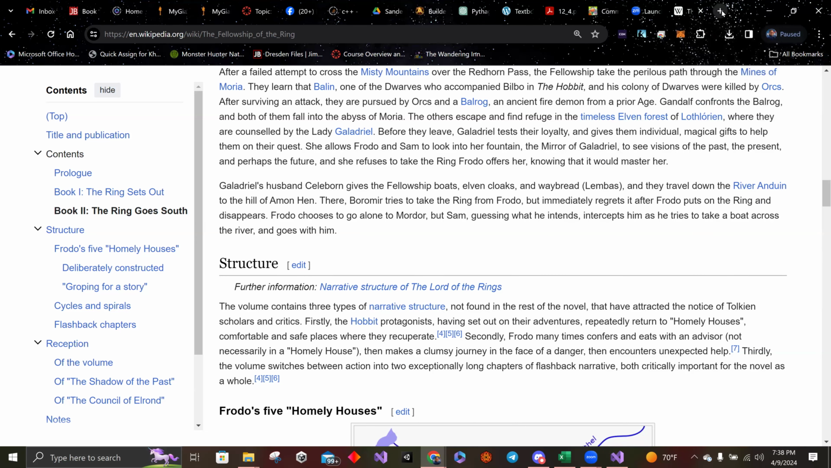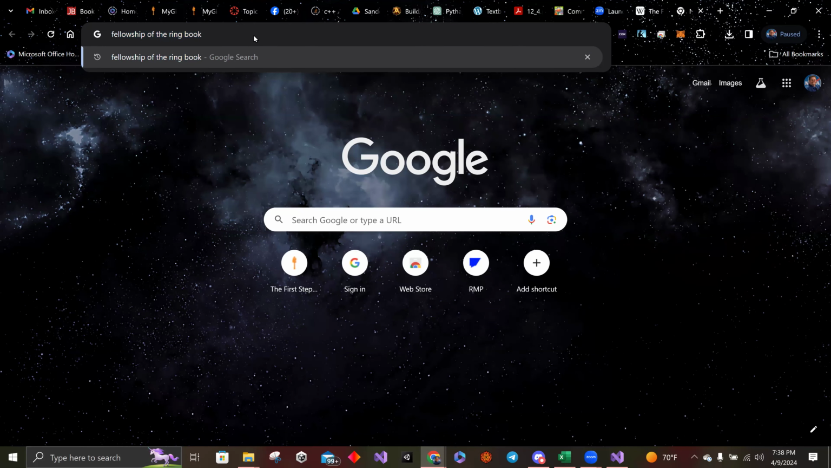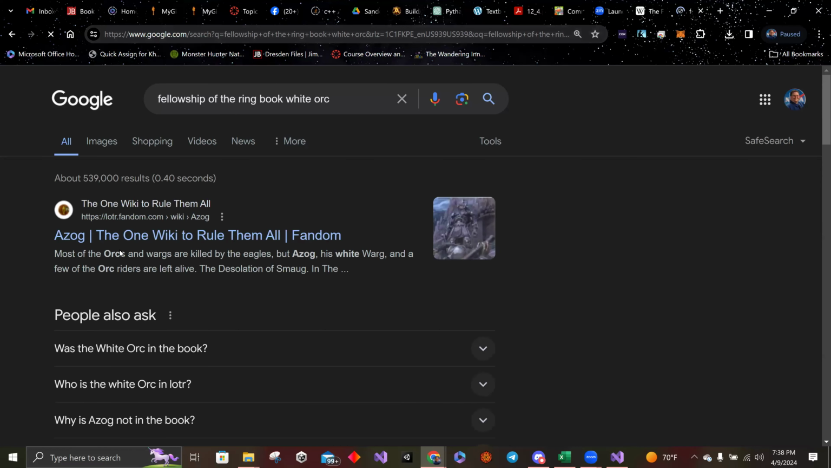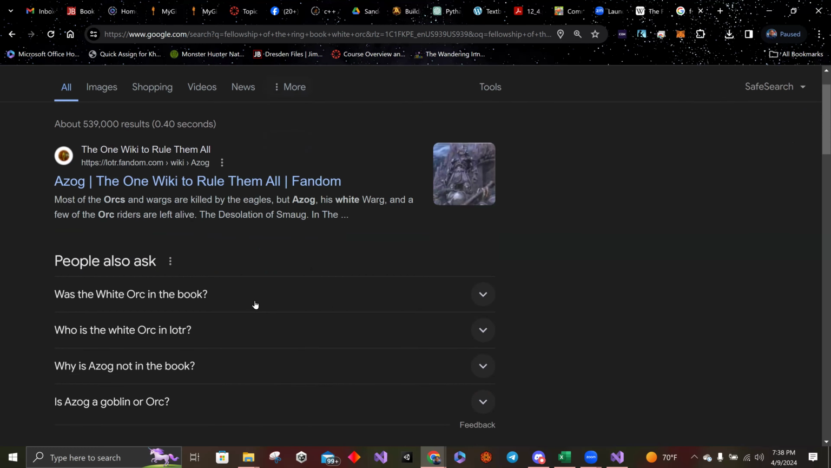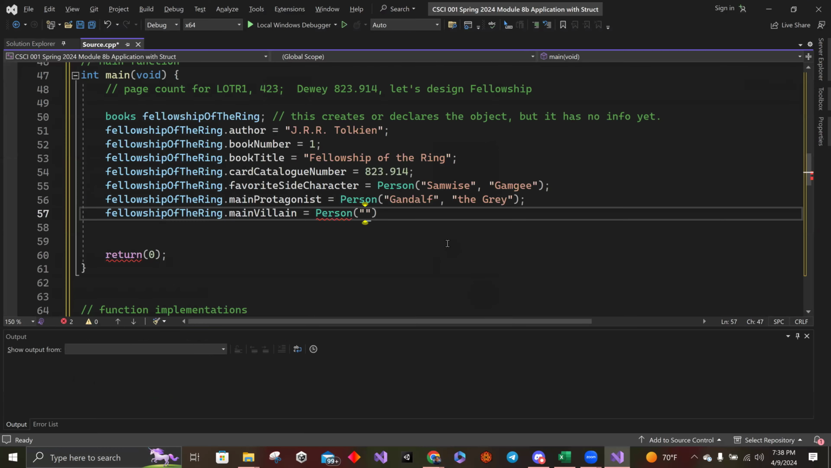Let's try this another way. Fellowship of the Ring book. White orc. Azog. Yeah, so in the movies, the main antagonist. In the book, he's just mentioned. Azog the Defiler. There we go, that'll work. Such a cool name, the Defiler. And Azog's nice and short. Apparently not easy to remember, but